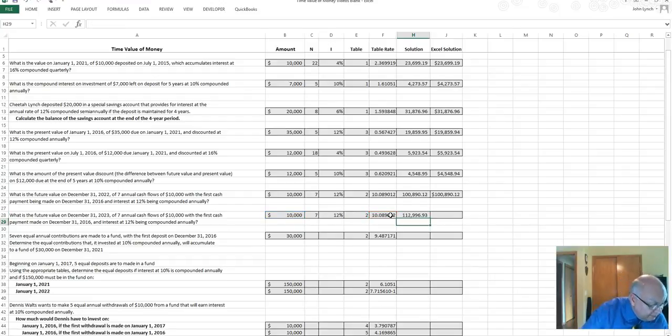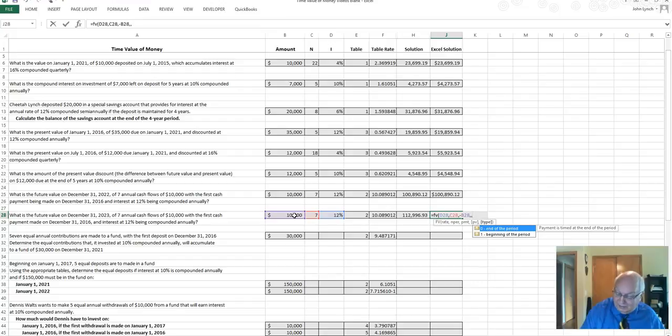Okay, and this one is equal to the future value of the rate, 12%, 7 payments, minus 10,000, and a 1. Okay, this is the differences when the first cash